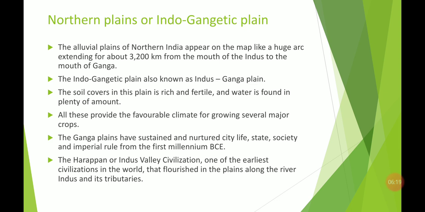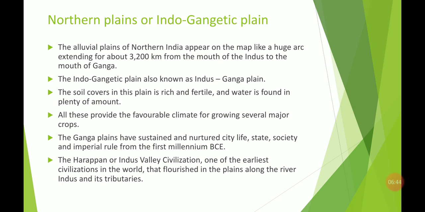So because of that, the plain areas are formed. So we have to see about the northern plains or the Indo-Gangetic plain. Because of the deposition work or the erosion work of the river, those areas were formed. The alluvial plain of the northern plain appears on the map like a huge arc that extends about 3200